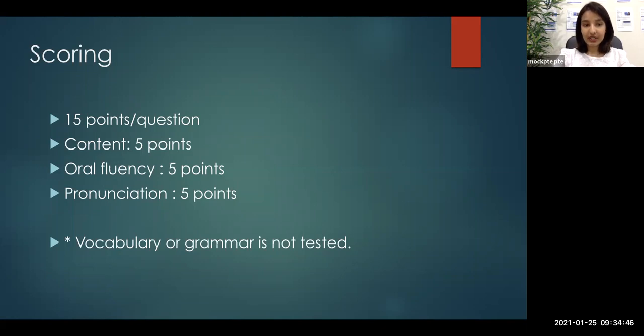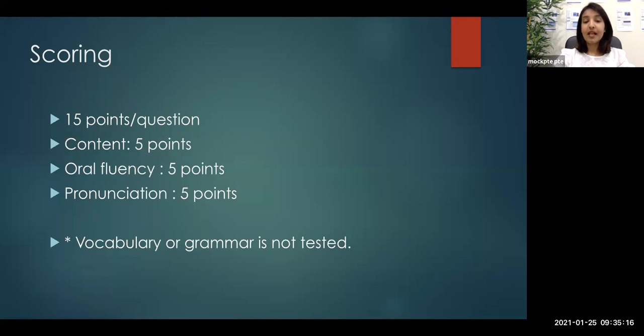Now, pronunciation means the computer should be able to understand, or the computer should be able to capture the words that you're saying. So like I said, in the other components of speaking, do not speak in a really low voice, especially girls. Please listen to this. Do not speak in a low voice. Speak in a loud, clear and confident voice, because many people have a tendency of mumbling, especially when you're under exam pressure, especially when you're under stress. You start mumbling when you're not sure about what you're saying.